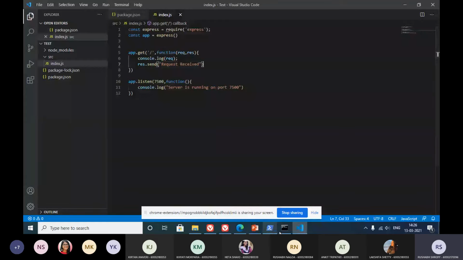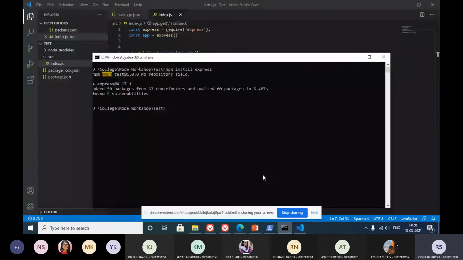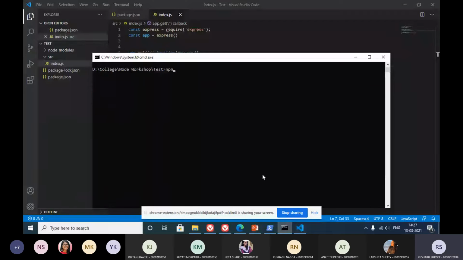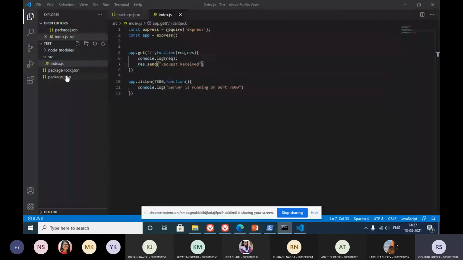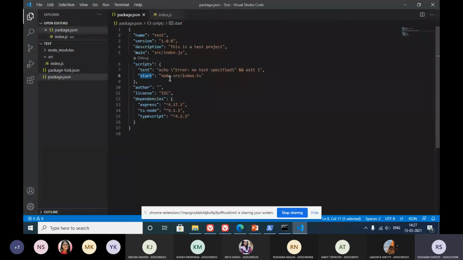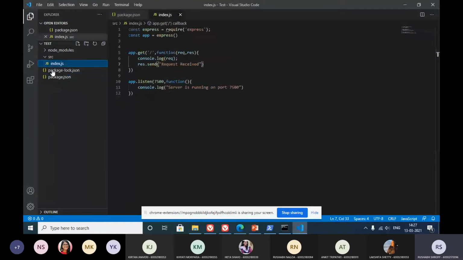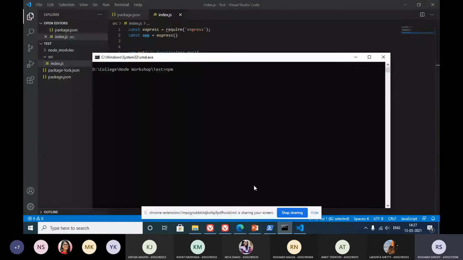To do this, it's very simple. Just run the application. Since we've created a script for starting our server, which is node src/index.ts, it is going to run this file, which in turn starts listening on the server. So we'll do npm run start.